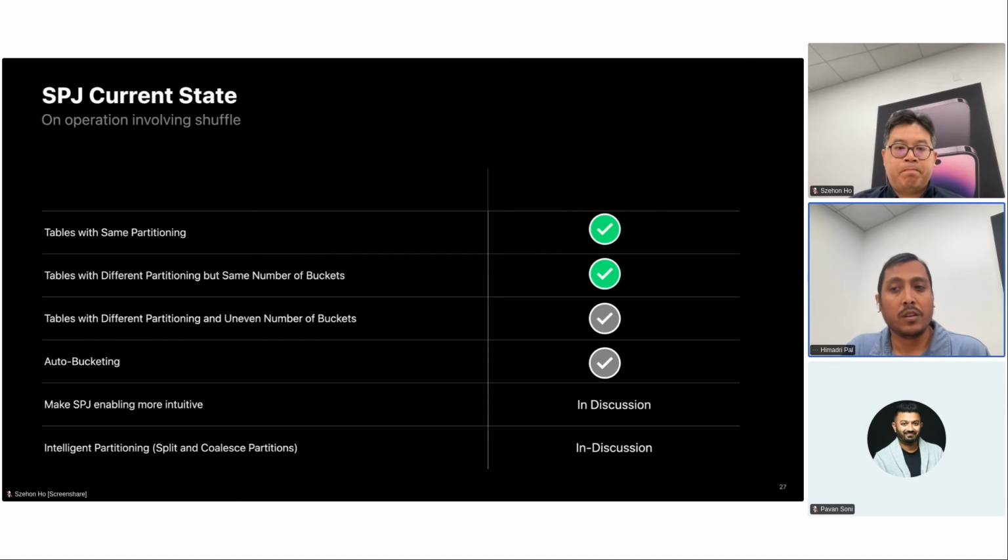Next, please. This slide shows the current status of all the important features of SPJ. The green check marks highlight the functionality that has been completed, and the gray ones are in progress. All these features are required for SPJ to work well in all the use cases. For example, uneven number of buckets. When you are not the producer of the enrichment dataset, then you cannot control the number of buckets on the enrichment join. Even if you can control the number of buckets on both sides of the join, you might need to specify different numbers of buckets based on the size of the data. Hence, in real-life use cases,